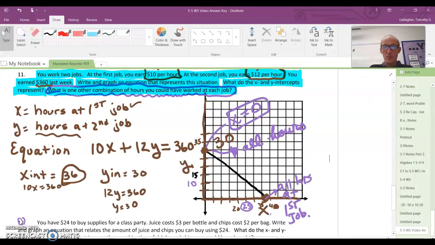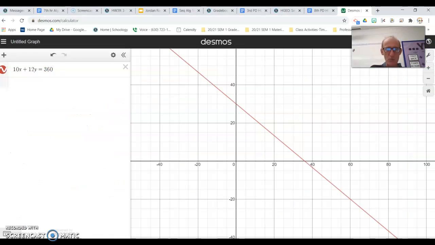All right. So this graph is pretty complicated, but the graph we have here is 10x plus 12y equals 360. And so what I did is put it into Desmos. If you can see Desmos right here, I have 10x plus 12y equals 360. So if we look at this ordered pair right here, I wonder if we could add